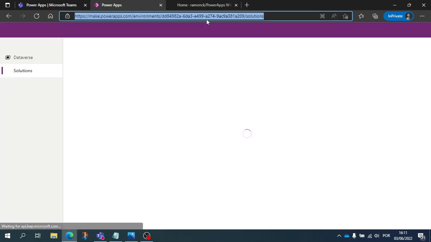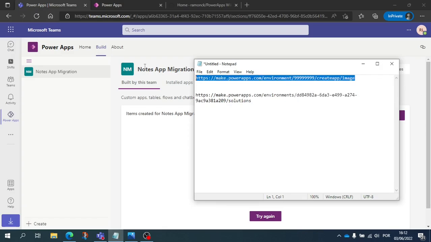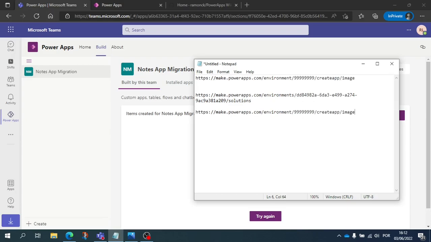We see here the URL with what we need. So we need the environment ID, and that's what we just got there. We're going to put that in the new URL that we're going to build. Just copy here, paste.